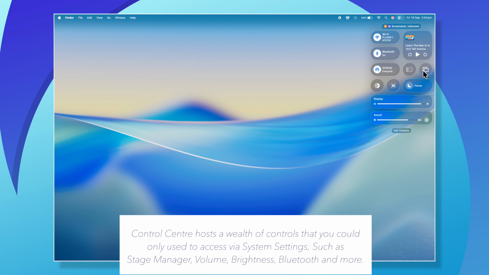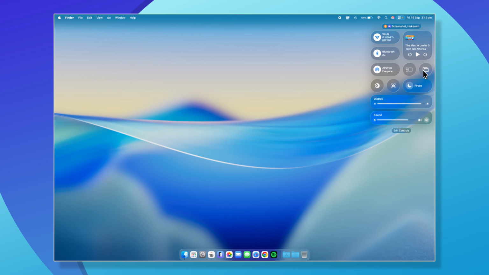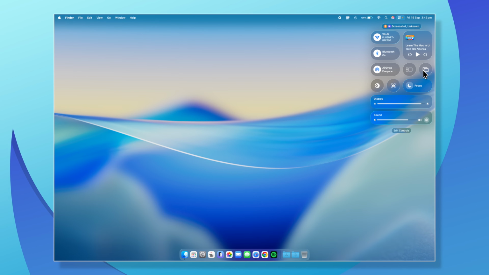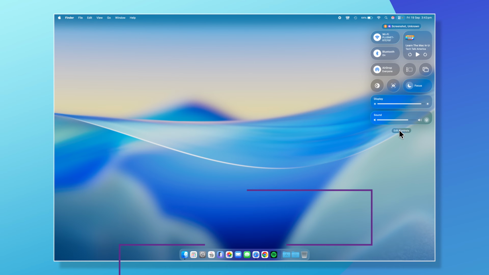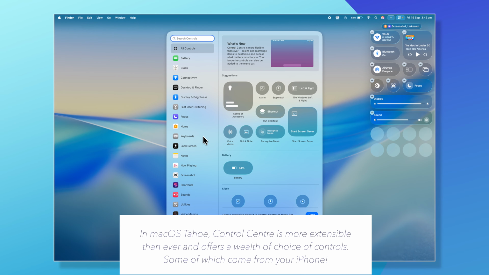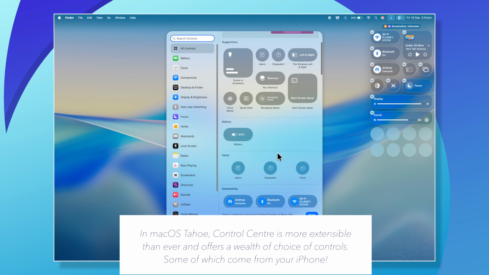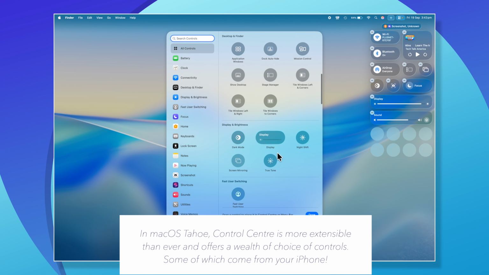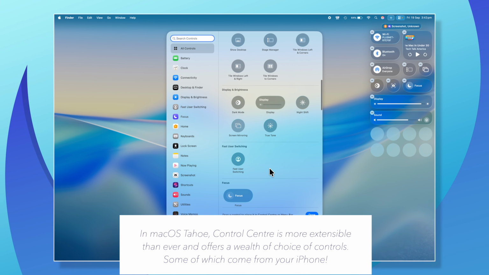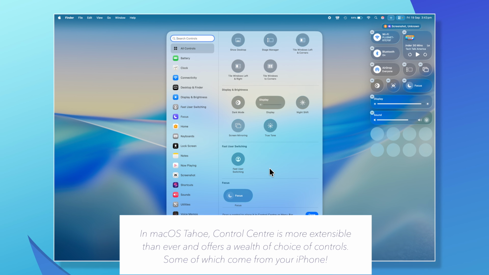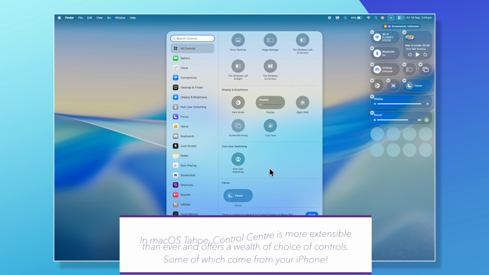And this is screen mirroring, so you can screen mirror to your iPad if you want to. I would recommend tinkering with this because you can also go into the edit controls and add more controls. There's a wealth of options here. I've just put the default settings on here, but some are useful depending on how you use your Mac. So that is Control Center.